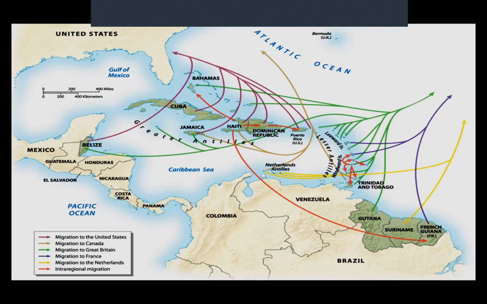And then you see also groups from the Leeward Islands. These are French, British, and Dutch islands. They tend to actually go toward Europe and go to the mother countries, whether it's England, France, or the Netherlands. And that's really related to the historical colonialism that they had. Who are the colonial powers? But there is this sort of geographic proximity for some of the larger ones coming to the US, but for the smaller ones, they end up going more to Europe.